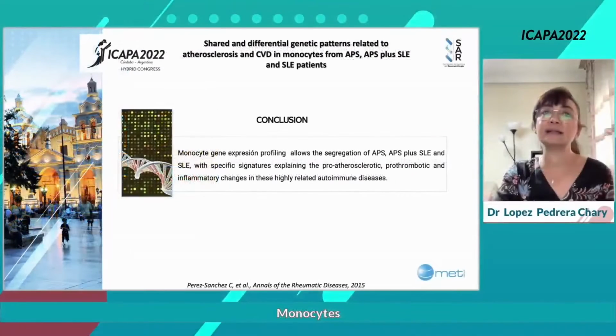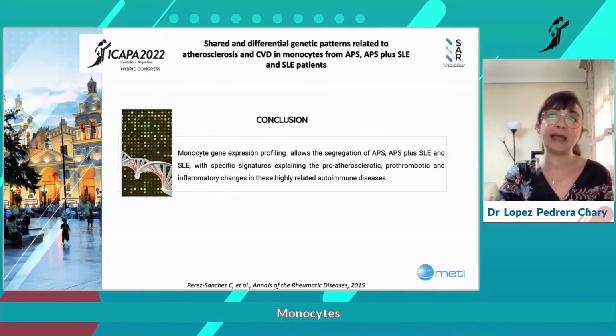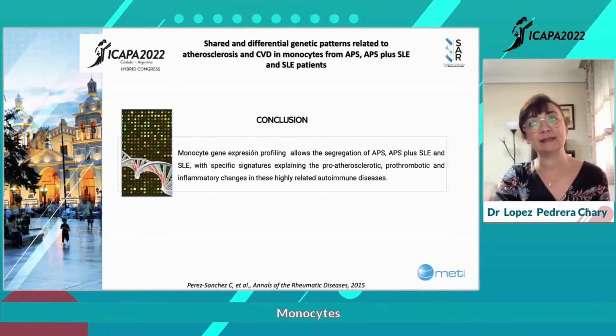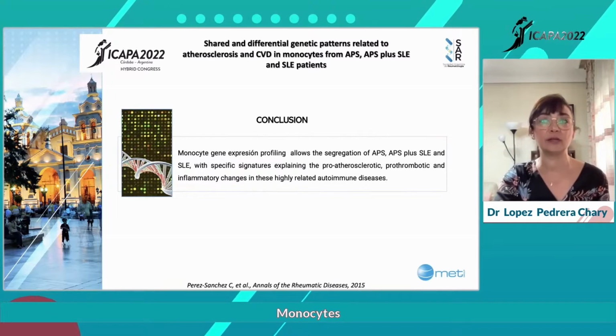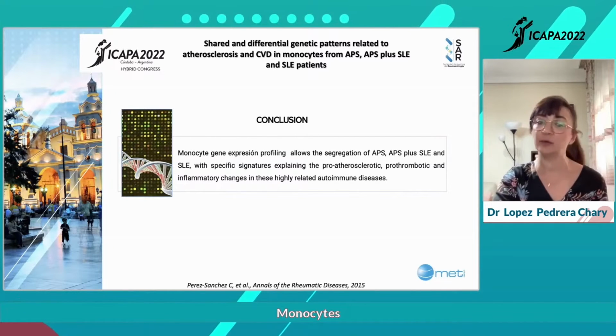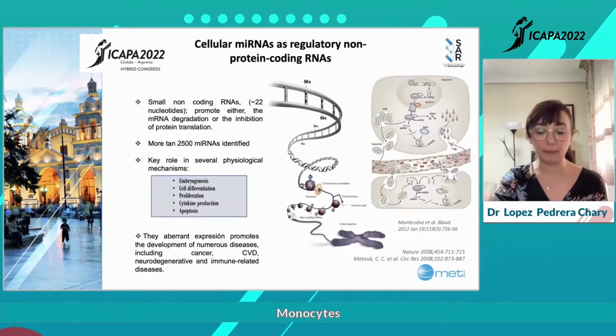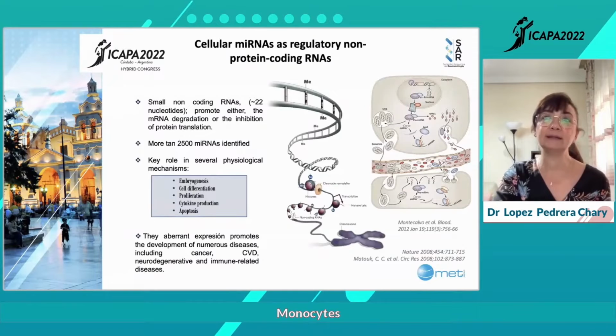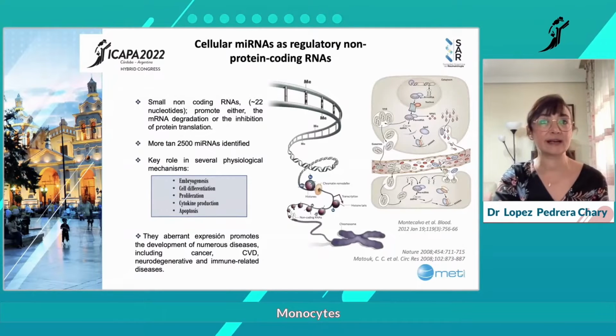Taken together, these results indicate that the gene expression profile allows the segregation of these patients with a specific characteristic that explain the pro-atherosclerotic, prothrombotic, and inflammatory changes observed in each autoimmune disorder. Current genome-wide studies have shown that the human genome is extensively transcribed and produces many thousands of regulatory non-protein coding